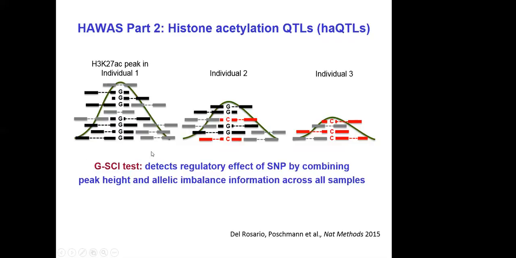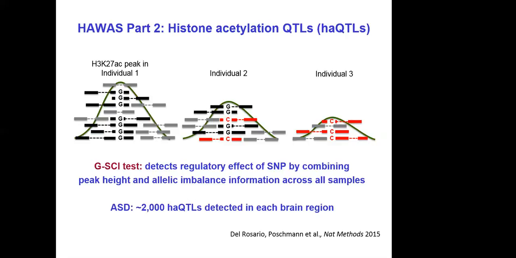So Rick developed this G-side test, which detects both this overall correlation between ChIP-seq peak height and genotype, and the allelic imbalance at heterozygotes, and combines those two to get more statistical power. Based on the G-side test, we detected about 2,000 histone acetylation QTLs, SNPs that look like this, in each brain region. And note that these are not autism QTLs, these are brain QTLs, because we regressed out the effect of autism. So in principle, they tell us how the SNPs affect brain function,